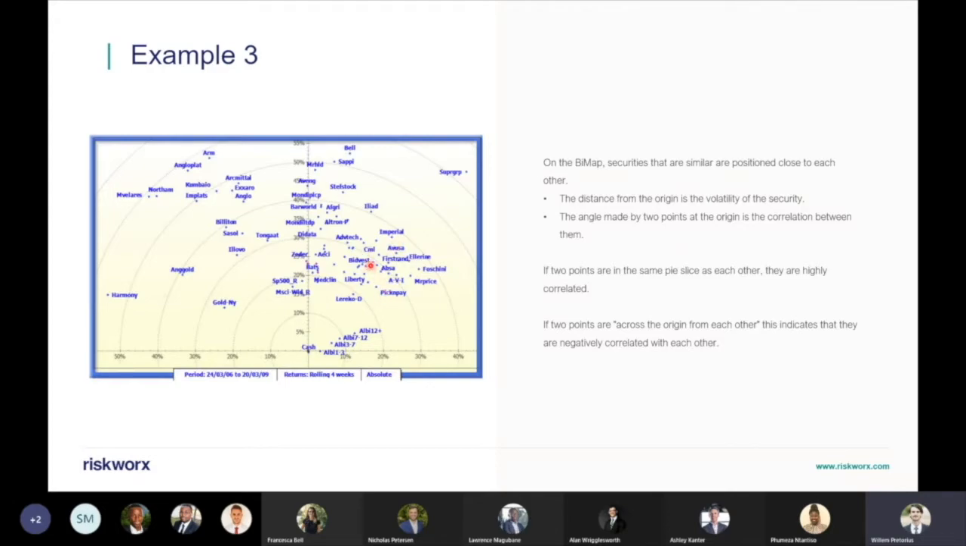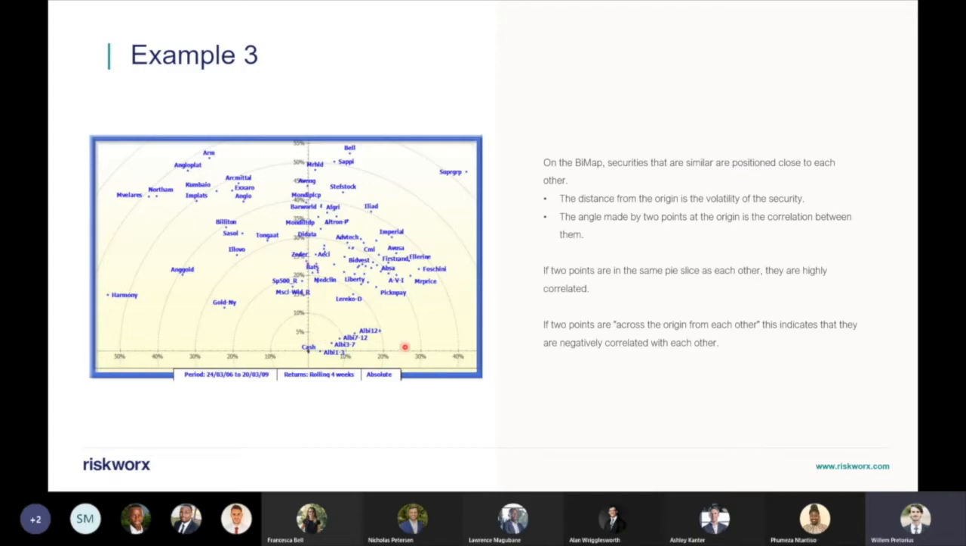So the distance from the origin is the volatility of the security, and the angle made by 2 points at the origin is the correlation between them. So if 2 points are in the same pie slice as each other, they are highly correlated. For example, in the map above, the bond indexes of increasing duration, LB 1 to 3, etc., are highly correlated